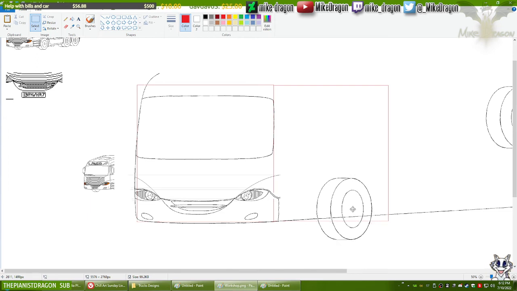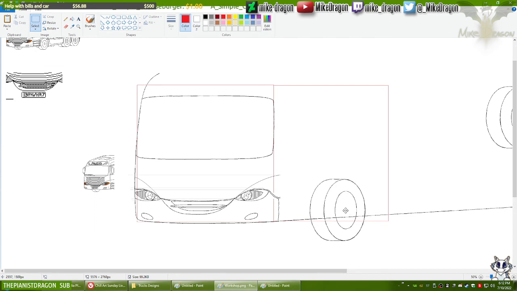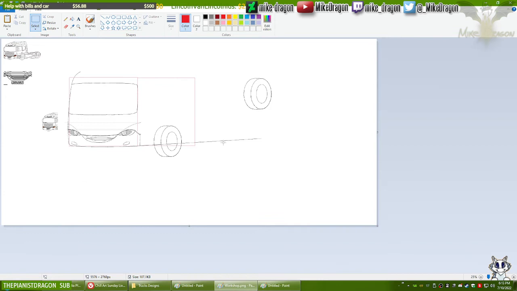I have, however, to position it at the right height and distance from the front. And we consider the distance not from this part of the wheel, but from this line of the wheel. Well, the tire. It cannot be too close to the front, but it cannot be too far either. It has to be just right. Alright, let's roll with this.